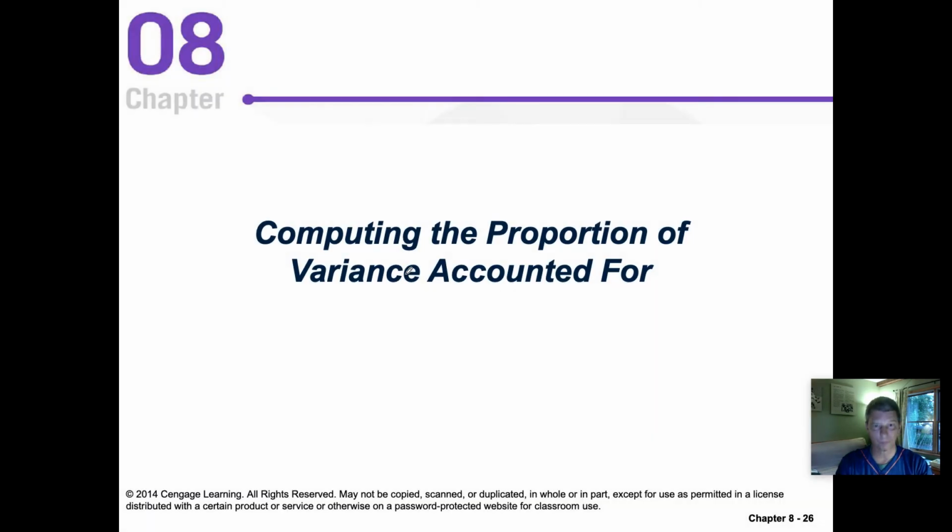Now, the next thing that we have to do is compute what we call the proportion of variance accounted for. So what we're taking into account now is how much of the variance has already been